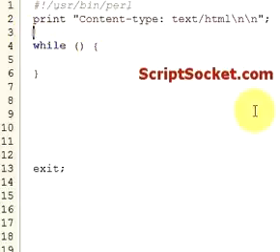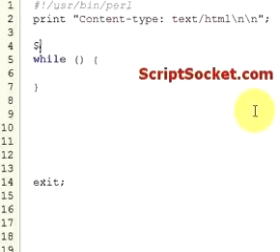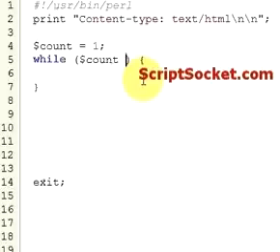Now, while loops, there's really no way to do a while loop without doing a counter. Well, there possibly is, but generally not. So we've got a counter here, as you've seen, and we can set that to 1 or 0 or whatever number we like, really. So while count is less than or equal to 10,